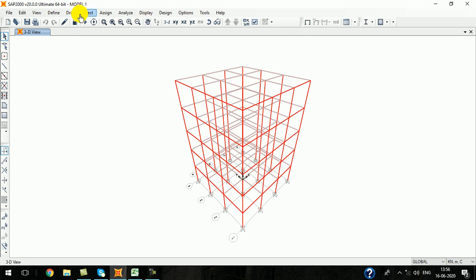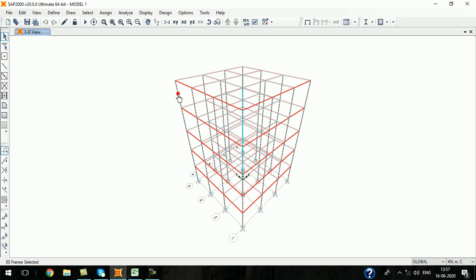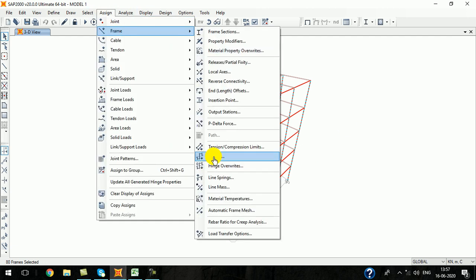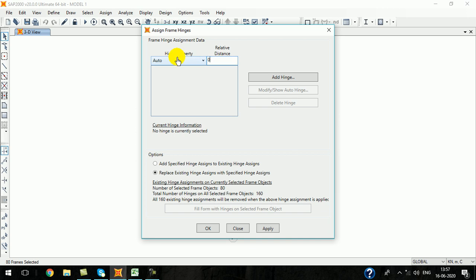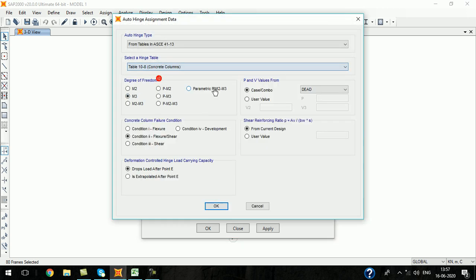Now again for the columns we have to define the plastic hinges. Select all the vertical elements. Go to assign frame, then hinges. For the first end, add a hinge. It is concrete column. The column will have a behavior of combined bending and axial behavior, so biaxial behavior: P M2 M3 behavior, axial and bending.